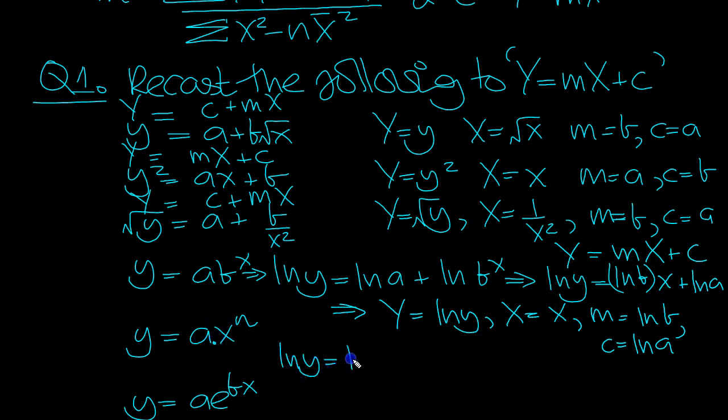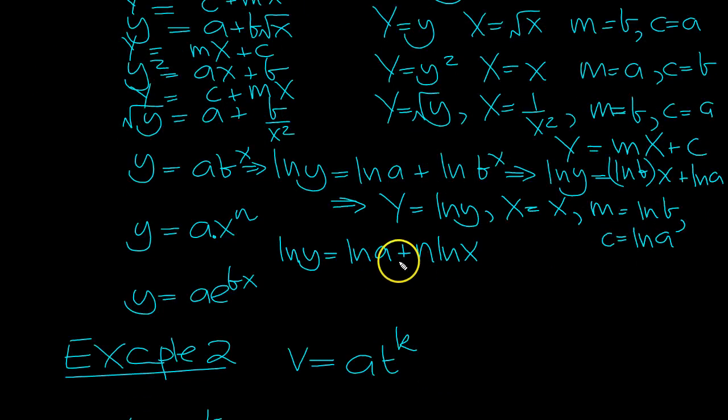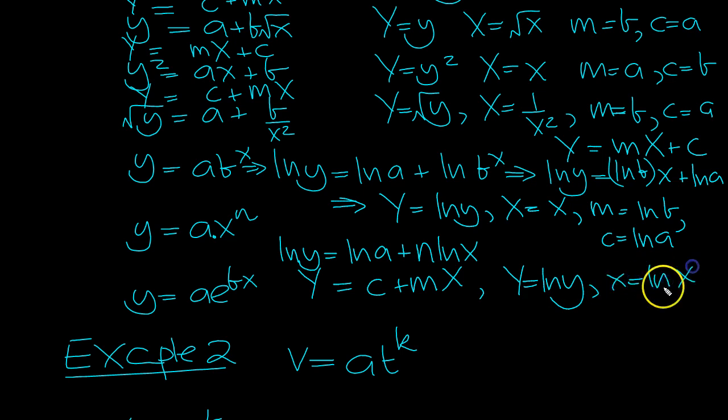Take logs again here. ln y is equal to ln a plus, now log of x to the n, you add log of x to the n, which can be written as n log x. Okay, and then we could write this in reverse. So y is equal to mx plus c, isn't it? So here y is ln y, x would equal ln x, m would correspond to n,